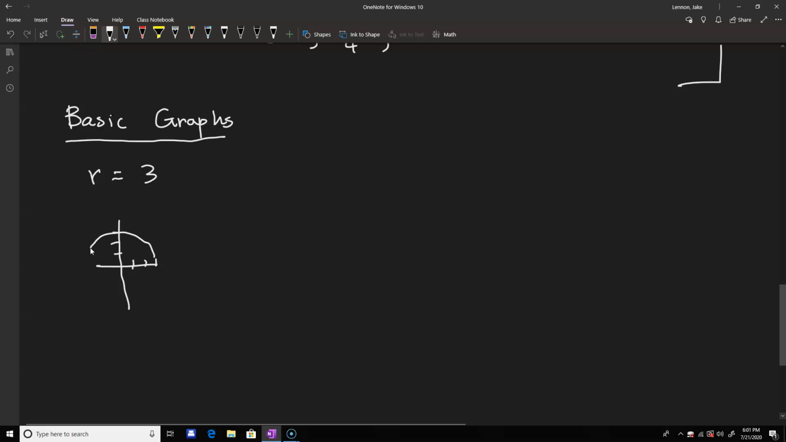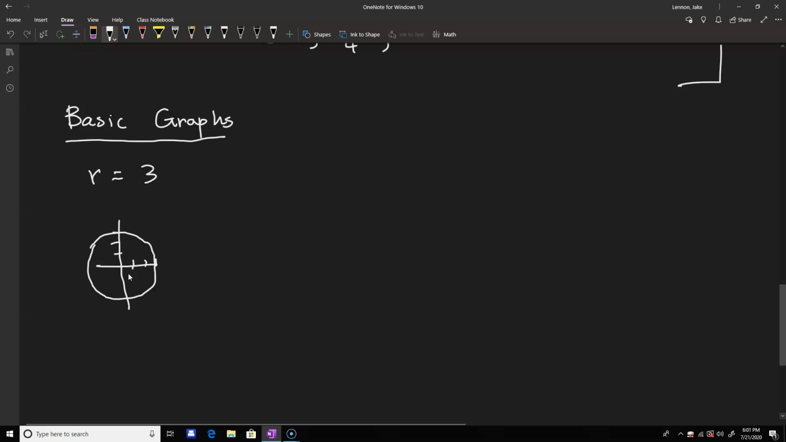I'm not the world's best circle drawer, but you get the idea. So we get a circle centered at the origin with radius 3, whereas in rectangular coordinates, this would look like x squared plus y squared equals whatever the radius squared is. The radius is 3, so it would be 9. So this would be x squared plus y squared equals 9 in the Cartesian coordinates, but here it's just